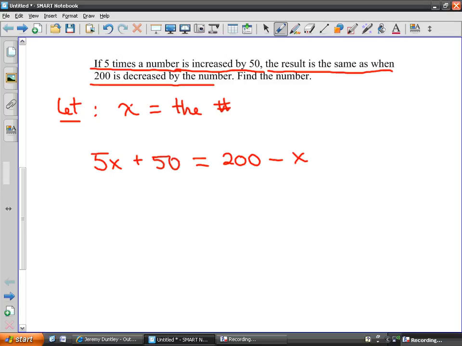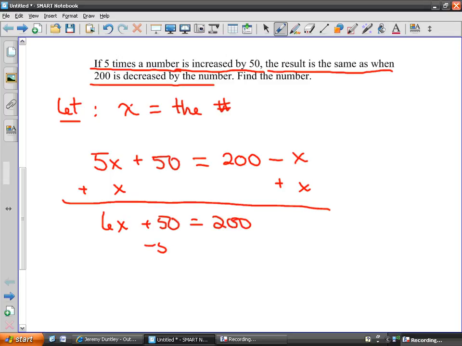Again, we're back to the same place. We have a let statement, we have an equation, and now all we have to do is solve. I choose to add x to both sides of my equal sign. I could have subtracted 5x. I'm not feeling that way. 5x plus 1x is 6x. Plus 50 is 200. I subtract 50 from both sides,